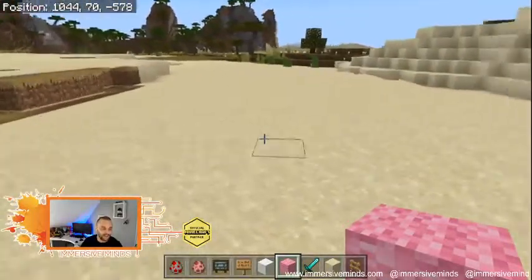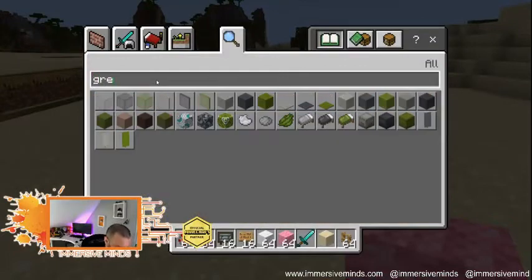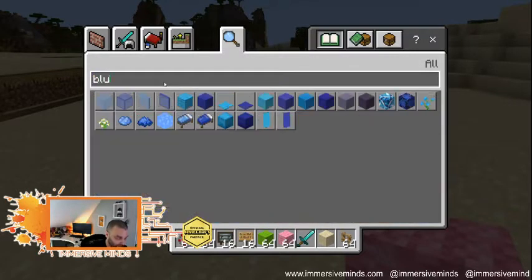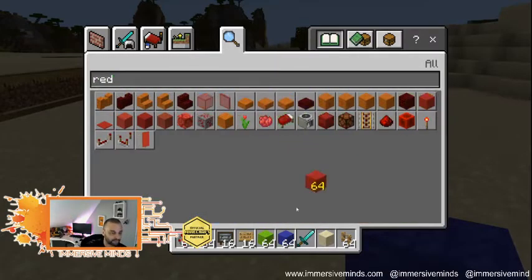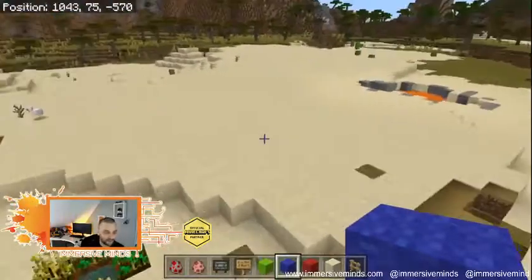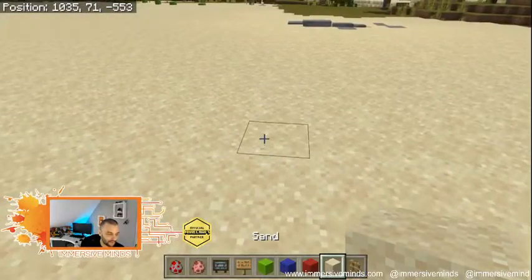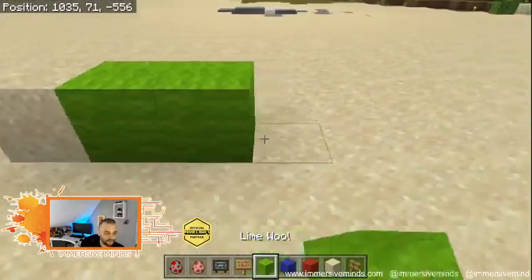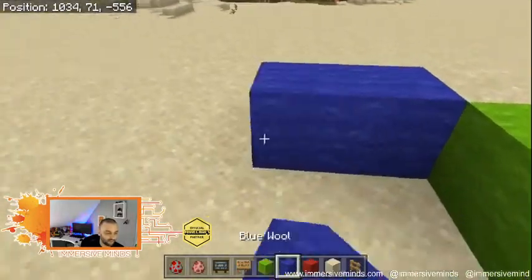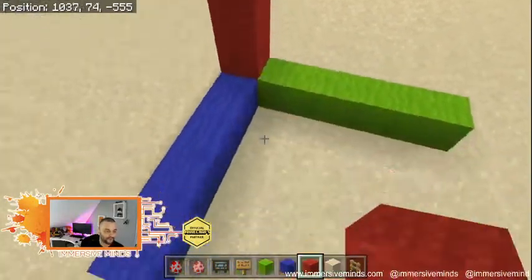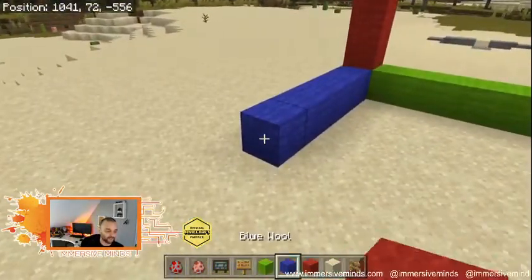So suddenly we have our X, so let's do that with green. I'm just going to go and get myself some green wool. Actually, we'll get lime. I should always remember that. Lime is nicer. Lime, green, blue, and red. And what we end up with is, if I just find this space over here, we've got our starting space, which is there, and then we have 3, 4, 5, 1, 2, 3, 4, 5, 1, oops, 2, 3, 4, 5. And that's our X, Y, and Z. So if I just put over here,